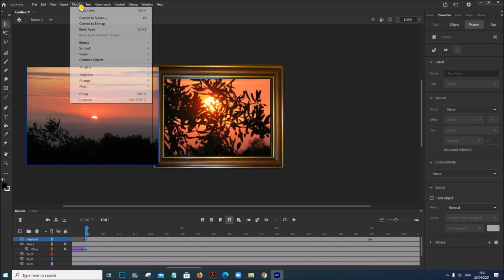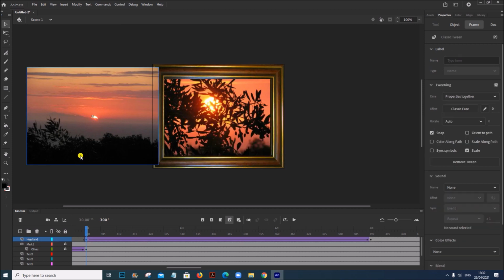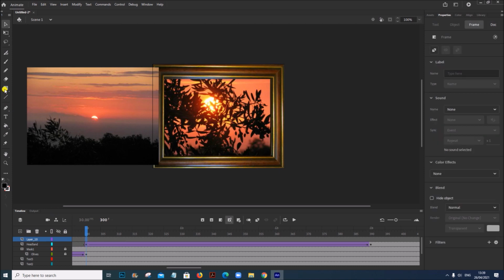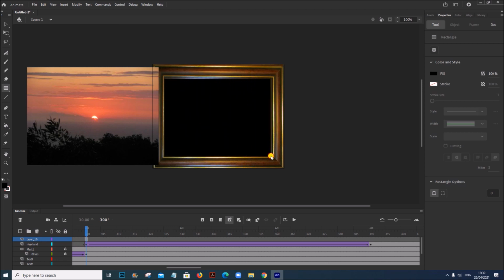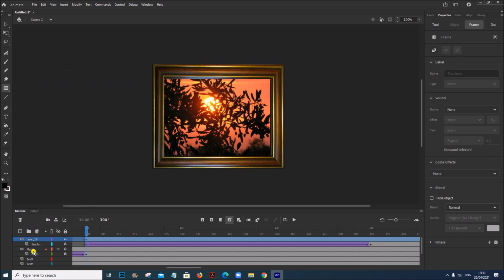Now let's insert animation. Now let us add a mask here. Set this rectangle as a mask. This is mask 2.